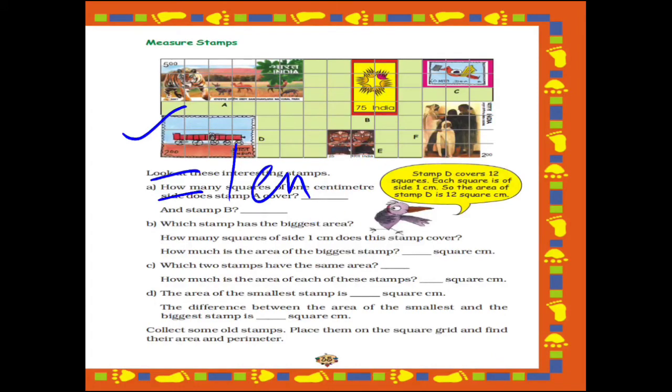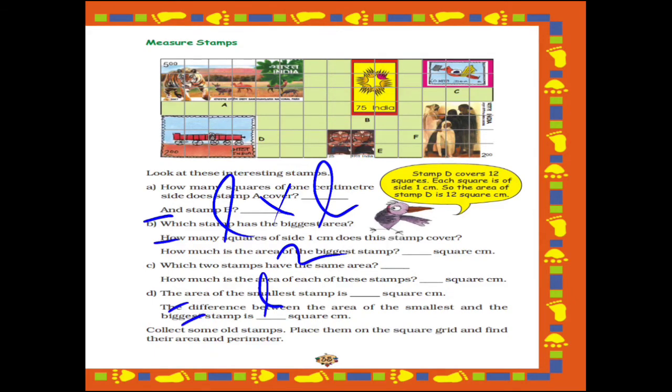And one more formula. The formula for finding the area of a square is equal to, what will be the formula? The formula will be length into length, that is L square. Okay, this is the formula for finding the area of a square, and the unit, I have just told you, will be square centimeter. If it is given in centimeter, then it will be square centimeter. If it is given in meter, then it will be square meter. So I hope these things are clear to you all. Now let's see what question is given ahead.